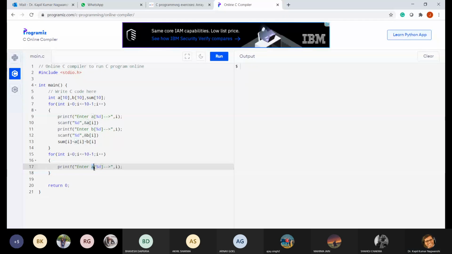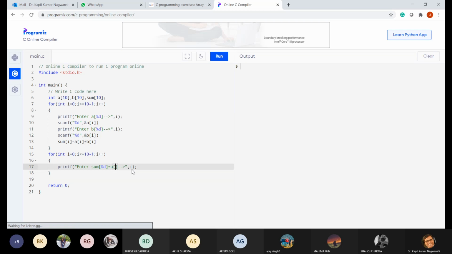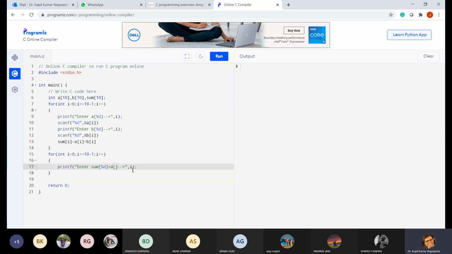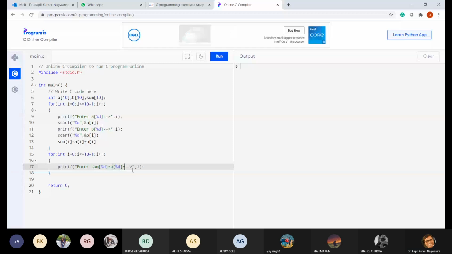So sum[i] equals a[i]. %d, or better, yes, %d plus %d, b %d, and now that must be equal to what value?